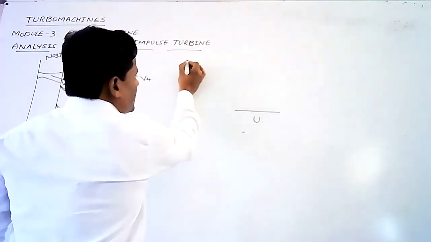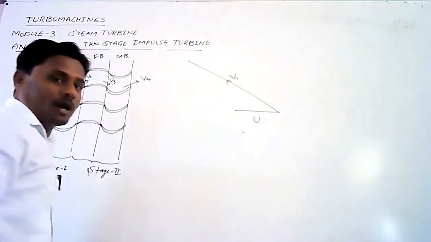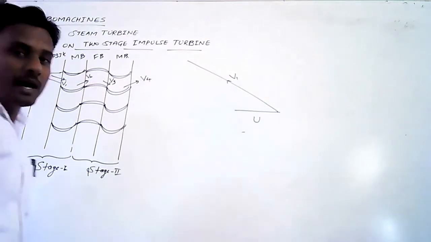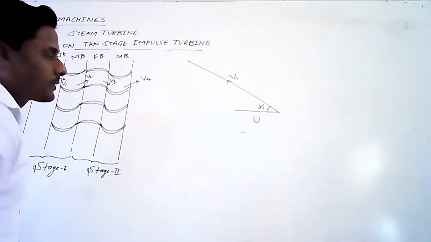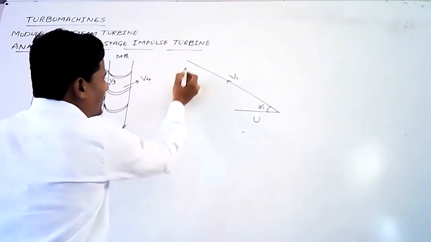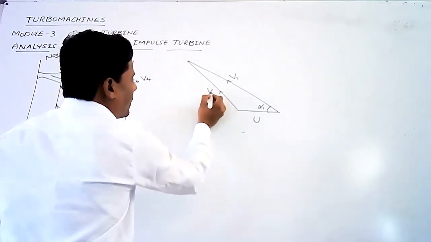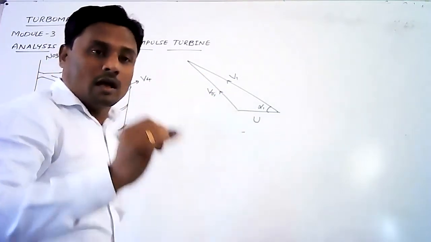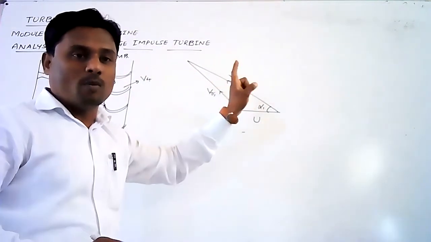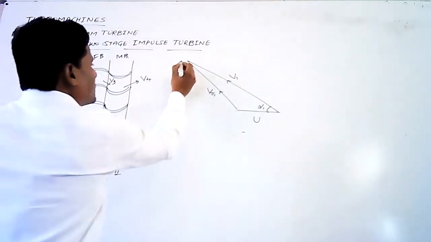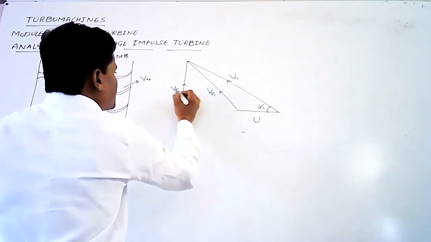Next, this is the velocity v1, absolute velocity of steam v1, which is coming out from the nozzle, and v1 is inclined at an angle alpha 1 with respect to horizontal. Due to the friction between steam and the moving blades, we'll have the inlet velocity component, that is VR1. So VR1 stands for relative velocity component at the inlet. As V1 is inclined, it has two components, namely vertical and horizontal components. So the vertical component is Vf1, the axial velocity component or flow velocity component Vf1.